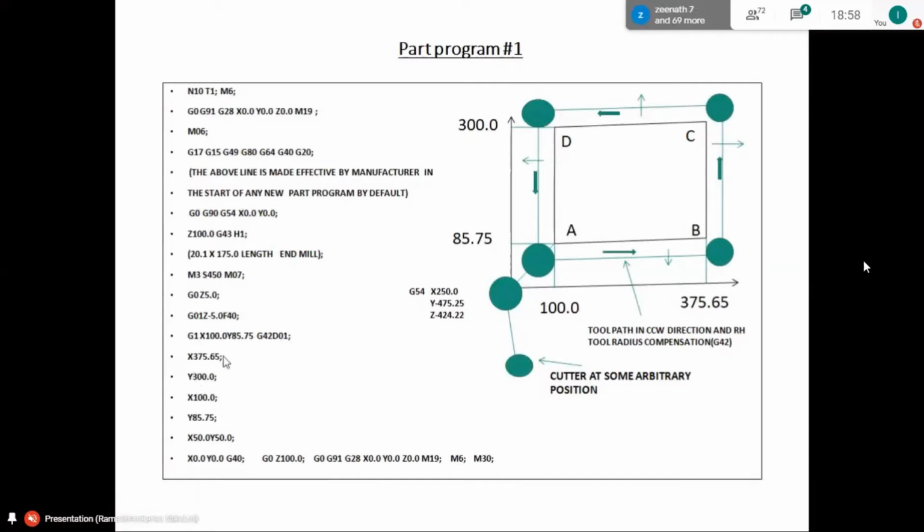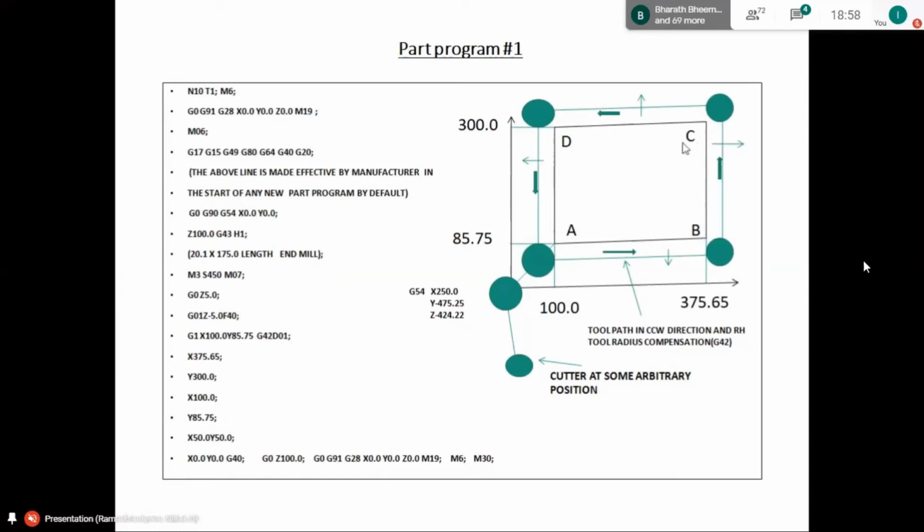But in the previous line, the Y coordinate is 85.75, whereas the Y value for C is 300. So Y is changing. That's why we give the value of Y, and no need to give the value for the X coordinate of C, because the X coordinate of B and X coordinate of C are the same.